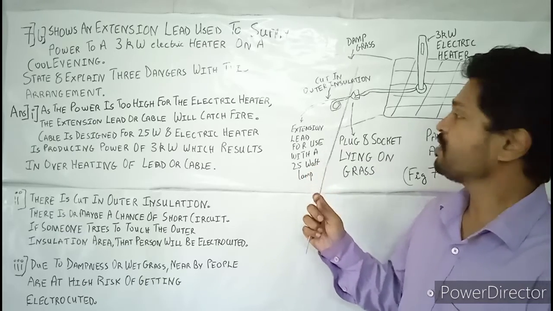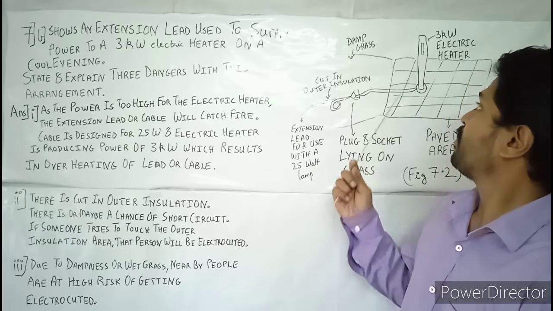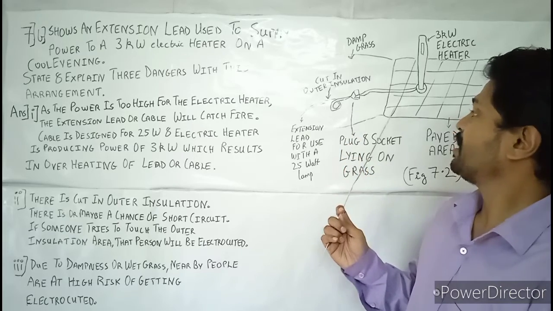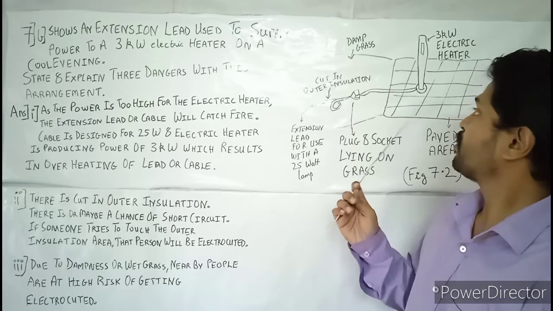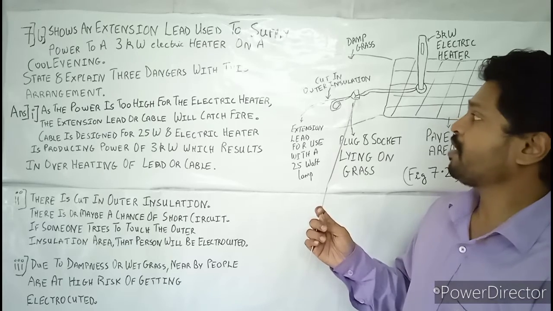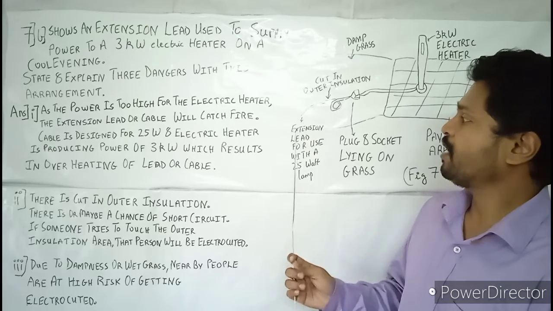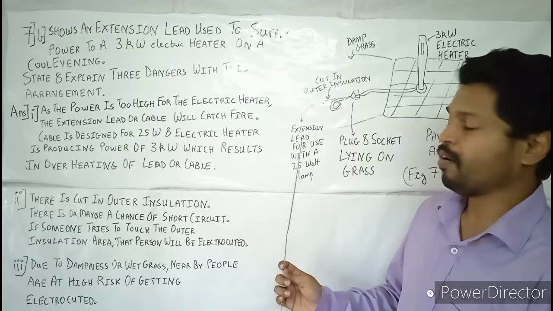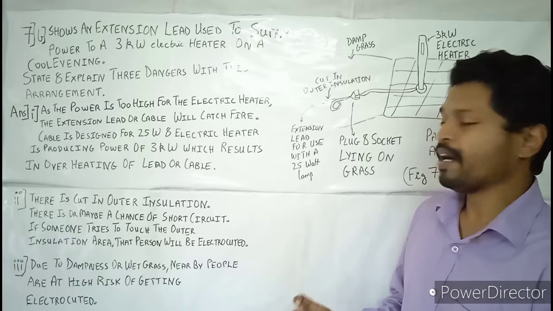Here there is damped grass, in a sense wet grass, and here there is a pavement and an electric heater. You can see the electric heater is there. These are tiled flooring and this is called the paved area. So this is the paved area, and there is a socket. You can see a socket and a plug and the wire over here. There is a cut in the insulation, and here it is mentioned that this wire or the lead or the cable is for a 25-watt lamp.